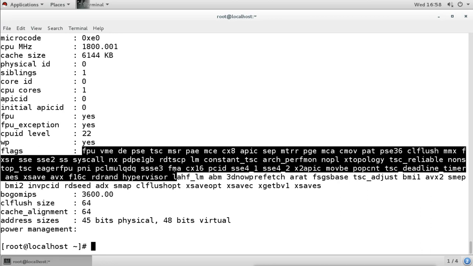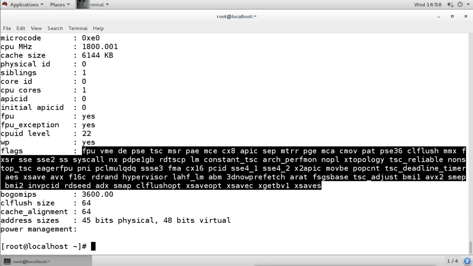So there are different technologies the processor supports, and these flags indicate those technologies.